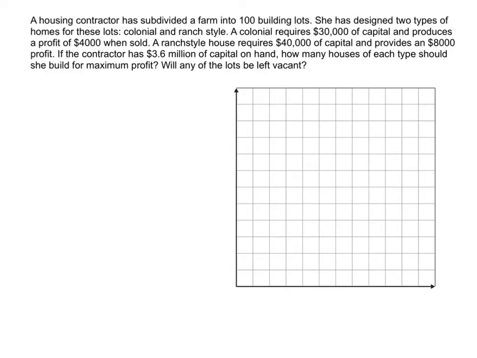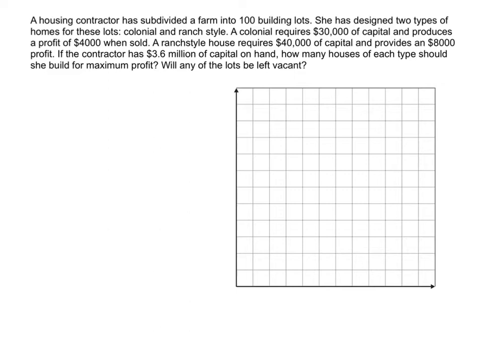A housing contractor has subdivided a farm into 100 building lots. She has designed two types of homes for these lots, colonial and ranch style. A colonial requires $30,000 of capital and produces a profit of $4,000 when sold. A ranch style house requires $40,000 of capital and provides $8,000 profit. If the contractor has $3.6 million of capital on hand, how many houses of each type should she build to